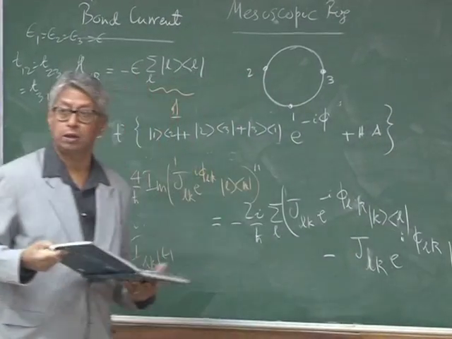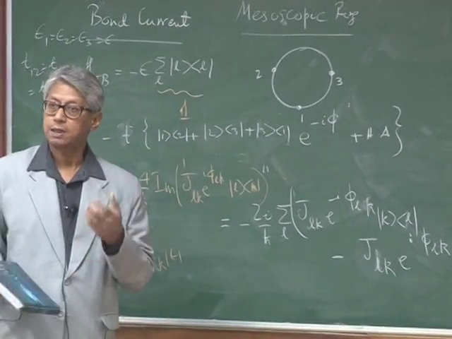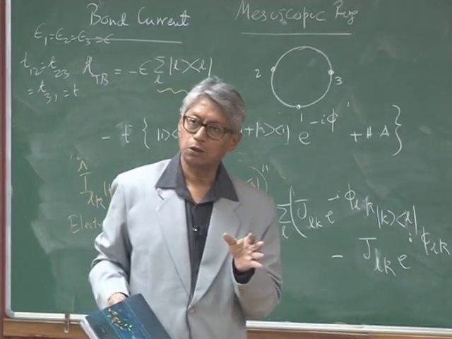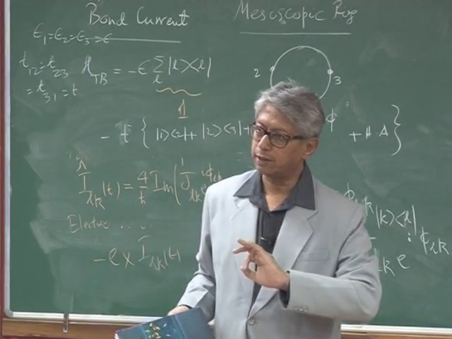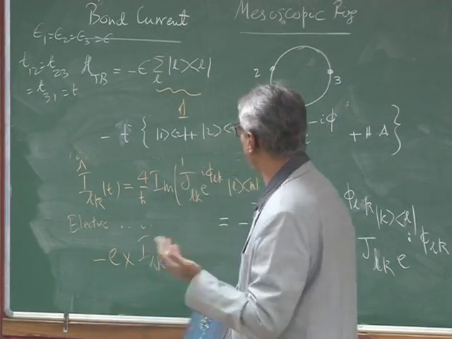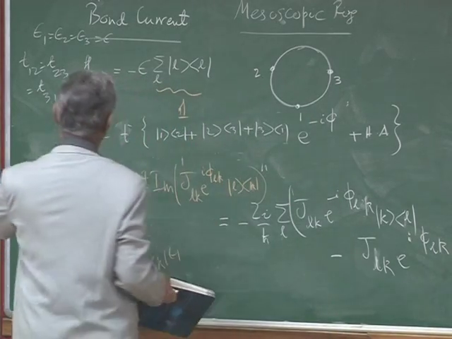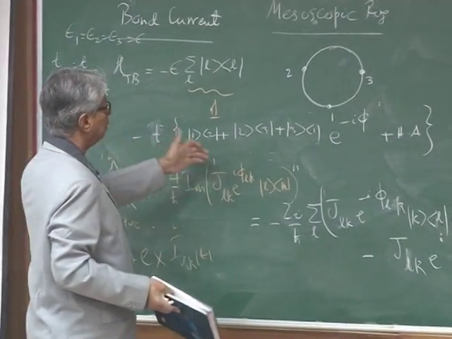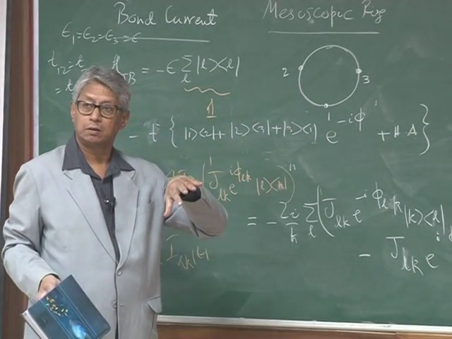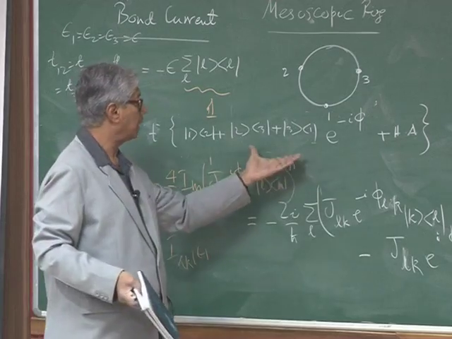You understand what I'm doing? I simply have a three-site problem. I'm assuming the three sites are symmetric, so all the site energies are identical, okay? And the hopping terms are also the same, so I have only one T. And the phase factors are also the same because the sites are all equivalent. All right? So this is my simple-minded